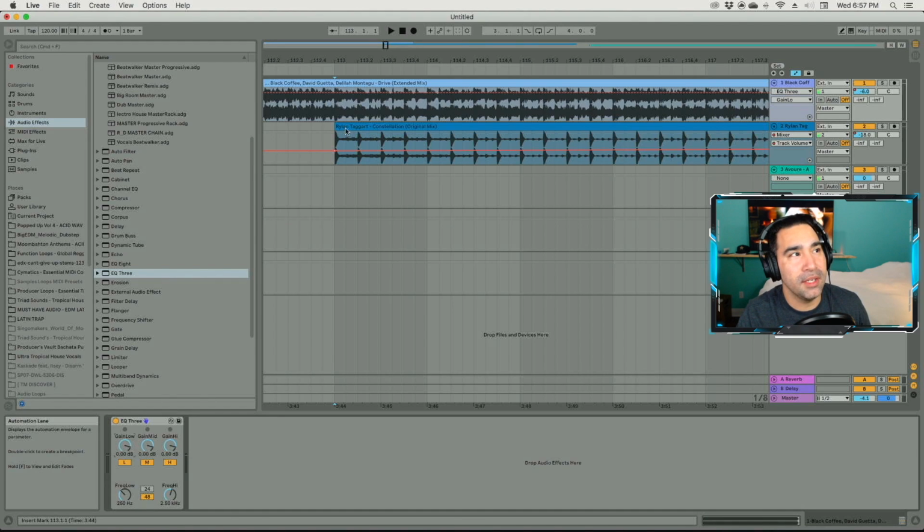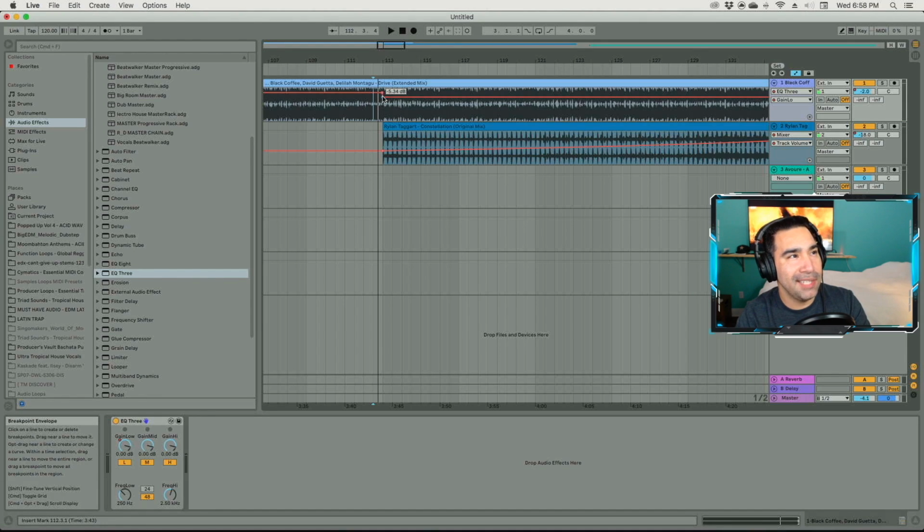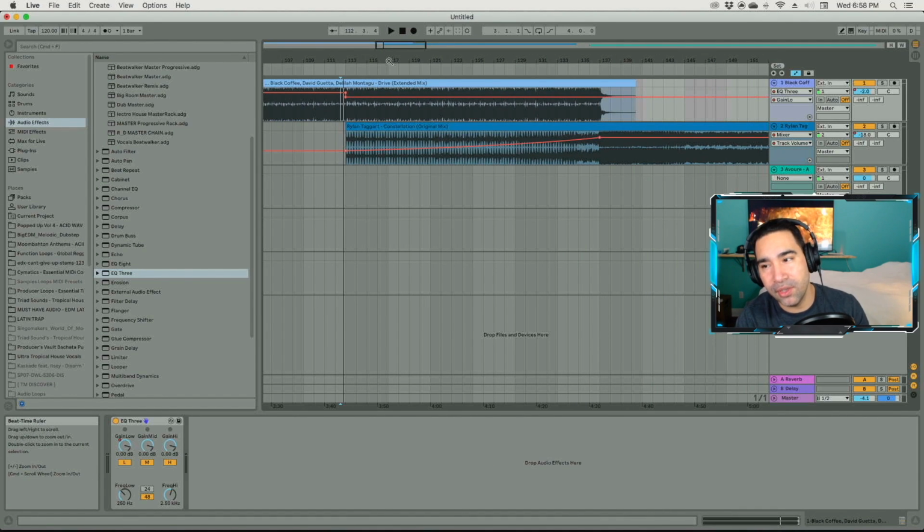That way you can set an automation line there. And then you want to bring the automation to the same point that you dropped the volume, and you'll bring it down just a tad. So I'd say about -5-ish. So around 5, not too much, because then you're going to lose a lot of volume with the bass